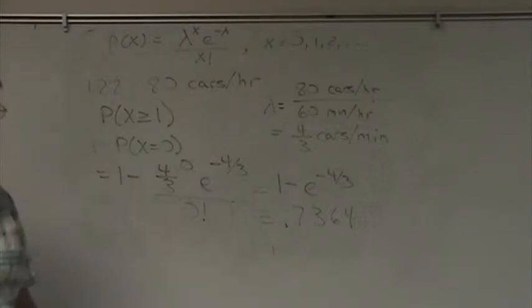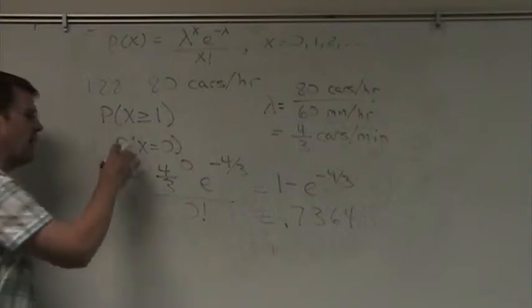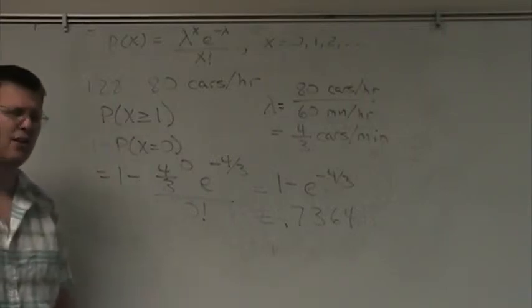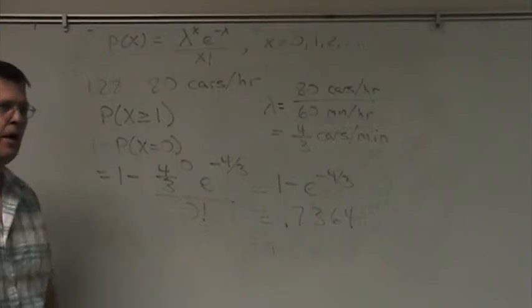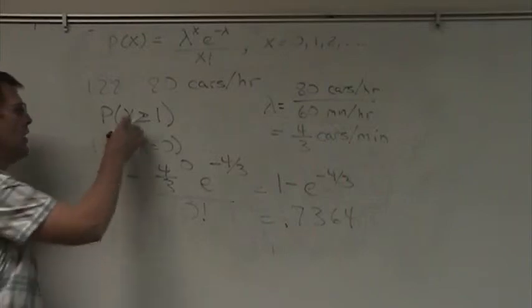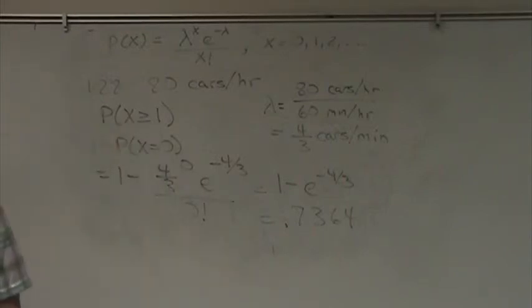The big warning here for those of you with the 89s is that if you try to do the x greater than or equal to 1 case with the CDF function, and you put your lower value as 1 and your upper value as infinity, you're going to get an error statement from the 89 because it can't handle that summation. So for any scenario with the 89 where you're doing a greater than or equal to case with no upper limit, you have to do it as 1 minus the probability of being less than or equal to 1 below.